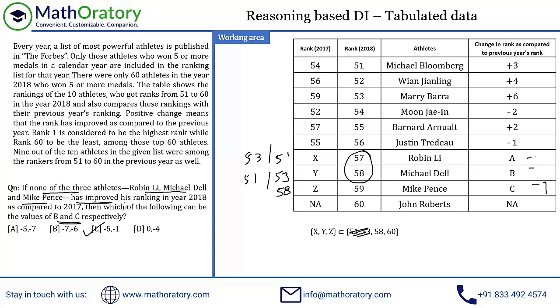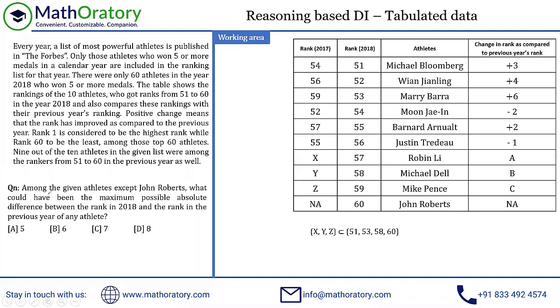If there were a couple of options with C as -1, in that case, look for B also. So B in this case, you can see either could be 51 or 53 as Y. So B could be either -7 in this case or -5 in this case, in case you had a couple of options with C as -1. But in this case, you don't have to do it. Pretty nice option, so should not take too much time to solve. Let's move to the next question.